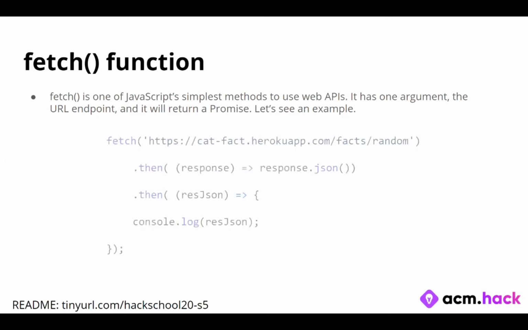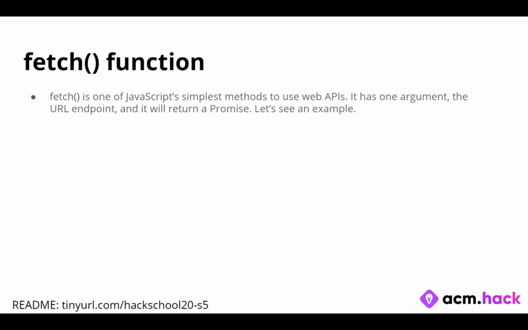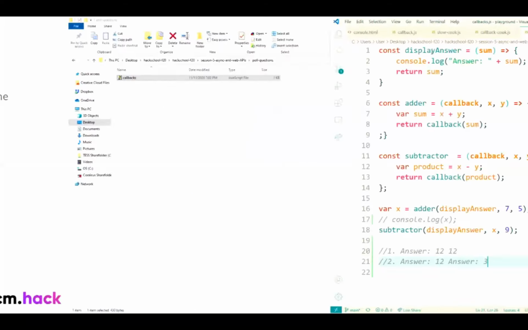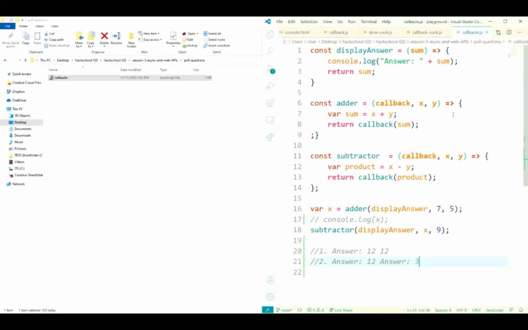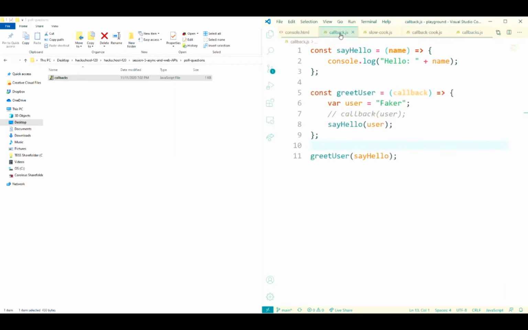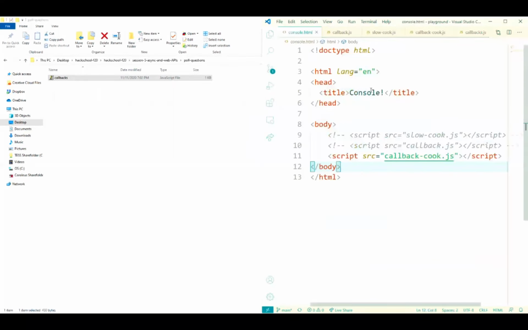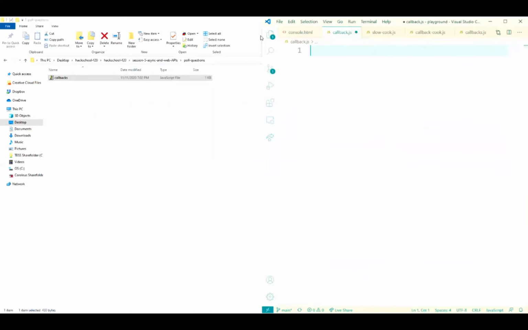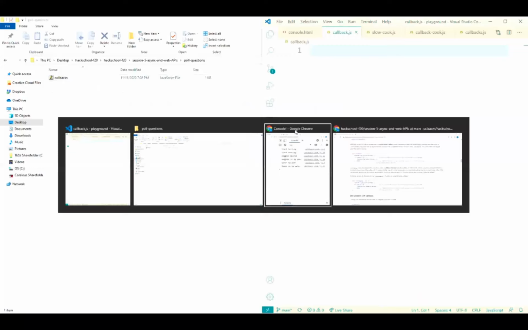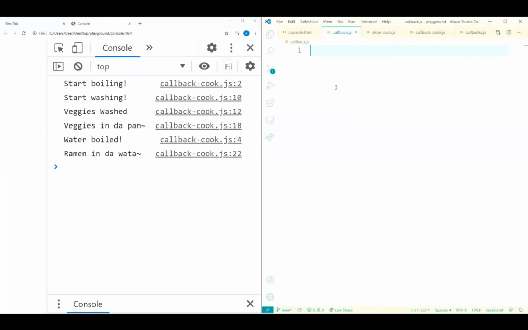So let's see how to use fetch. I'm going to go back to my code here, and I'm going to use this callback.js file. It's an empty file, and we want to use the fetch function.